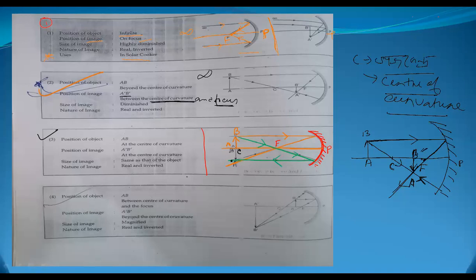Suppose I do not have proper measurement, that's why it is cut a bit. So this will be in between here. Now see, this is AB, the point of intersection. This will be the formation of the image, the position of the image. So it will be again inverted, A dash B dash. Clear, all of you? Now the size of the image, see, this is very important.